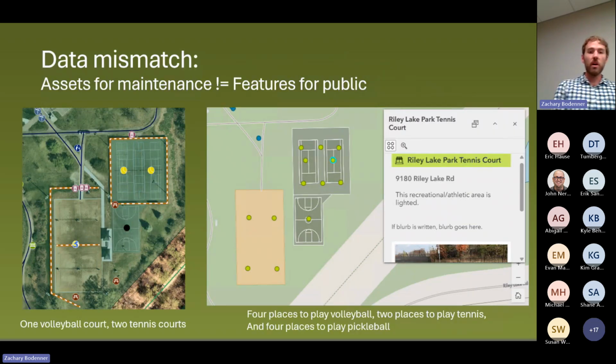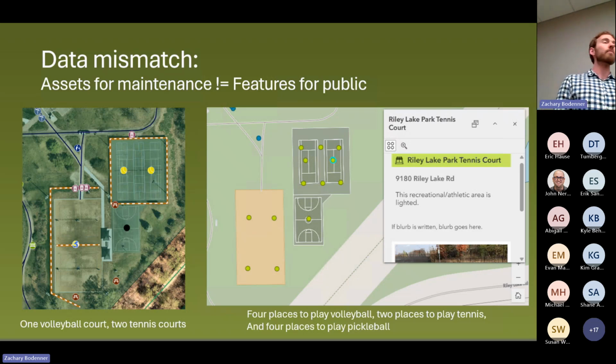So here's the data mismatch I was talking about. You can take the two side-by-side pictures here as an example of what I mean. On the left is our park asset inventory, and the maintenance crew stored the tennis courts as 1 point for each net. The volleyball courts, as you can tell by the aerial, have 4 nets, and they've stored it as 1 point. And then the basketball court, by rule has 2 hoops or something, but it still is 1 court per 1 point. So we have an interesting situation where we have 3 similar features, but all of them are represented a little bit differently